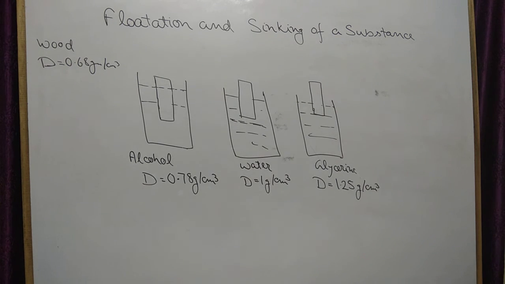Always remember that if a solid has density less than a liquid, it will float in the liquid, and oppositely, if density is more than the liquid, it will sink in the liquid. This is the reason that an iron needle sinks in water. Why? Because the density of an iron needle is more than water, as compared to the density of an iron ship, which is